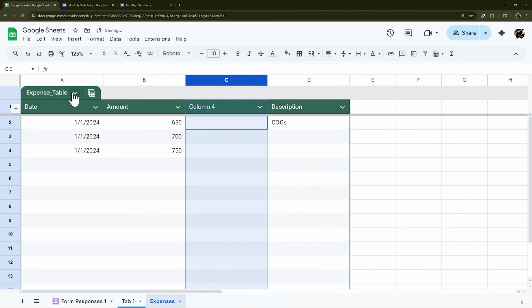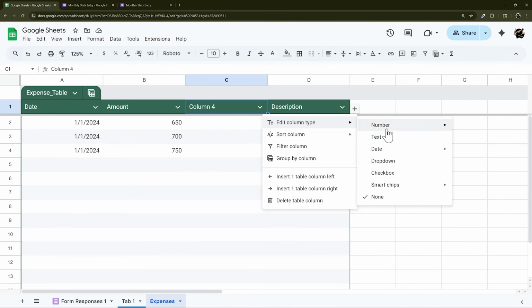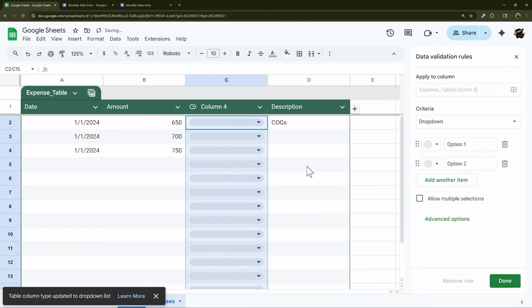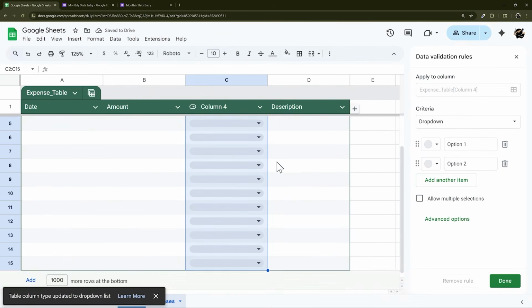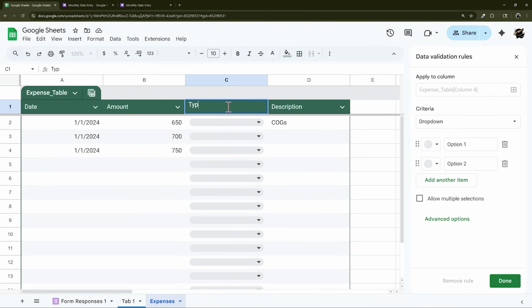So this is the new table format. And the nice thing about this is you can do all the data validation right from here. So you can do a dropdown and it will automatically populate for that table. And so we call this type or category. And so if I can spell category correctly. And so in here we could have,